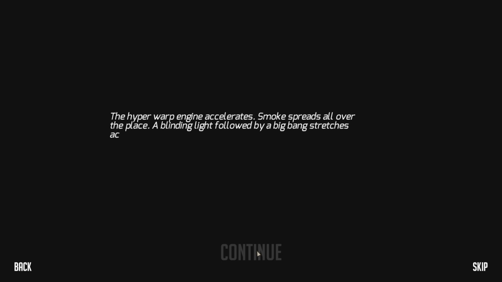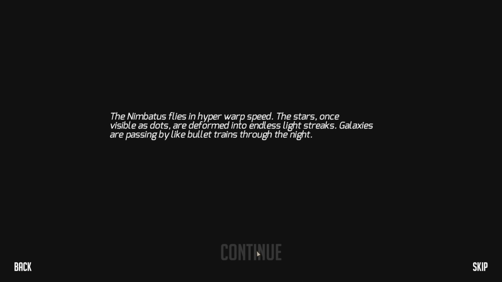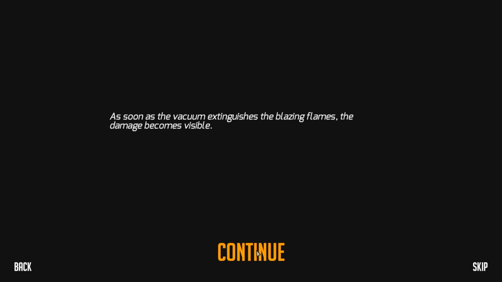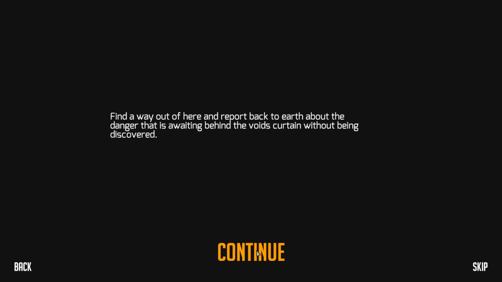The hyper-warp engine accelerates. Smoke spreads all over the place. A blinding light followed by a big bang stretches across the scenery and everything fades to white. The Nimbatus flies in hyper-warp speed. The stars once visible as dots are deformed into endless light streaks. Galaxies are passing by like bullet trains through the night. Everything seems to be working according to plan. The endless void suddenly disappears behind a giant steel curtain blocking your line of sight to outer space. It's an unidentified spacecraft and it's catching up to the Nimbatus. A giant explosion interrupts the darkness. As soon as the vacuum extinguishes the blazing flames, the damage becomes visible. The warp engine has been disconnected from the Nimbatus. It must have been destroyed in the attack. Find a way out of here and report back to Earth about the danger that's awaiting behind the void curtain